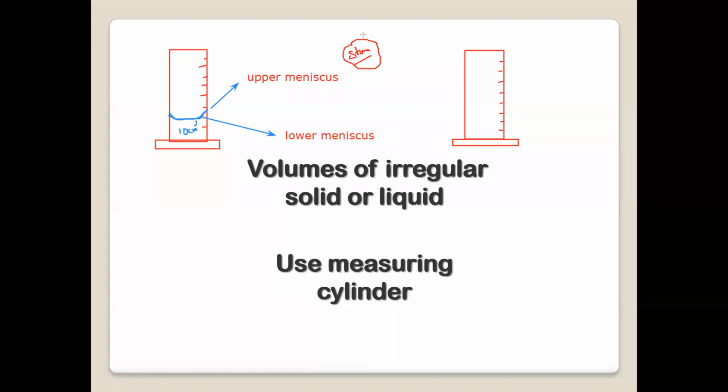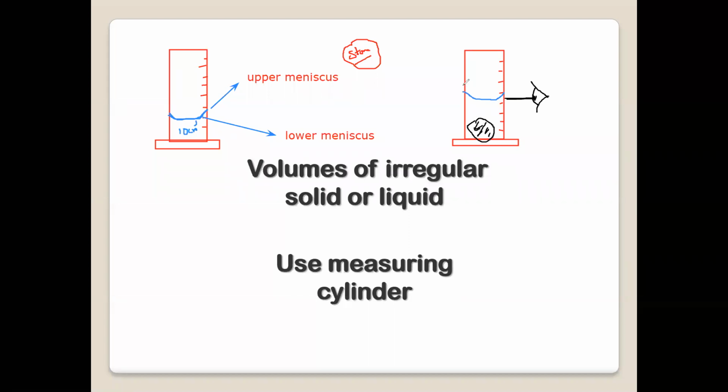When you transfer this object to the measuring cylinder, what you will observe is that the level of the liquid will change, because before that it was only liquid. Now as you add an object, the object's volume is also there, that's why the level changes. And again you will look perpendicular to the scale to avoid a parallax error, and read the lower meniscus.